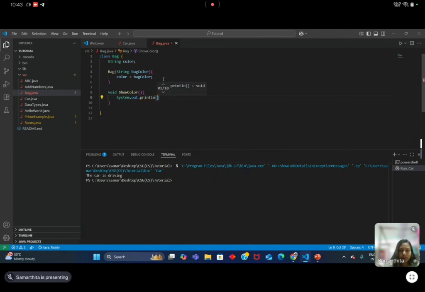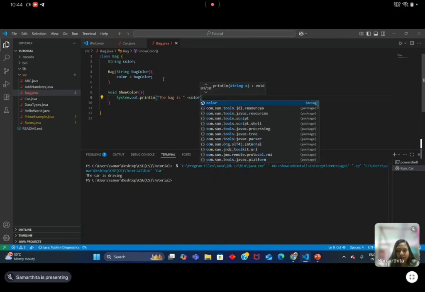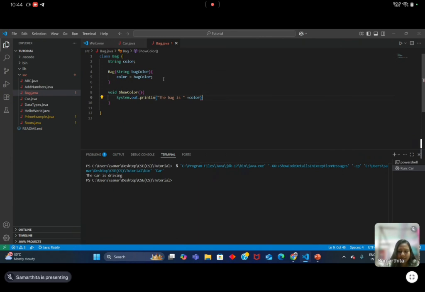So, the bag is, and then its color. See, okay. So the method is declared.